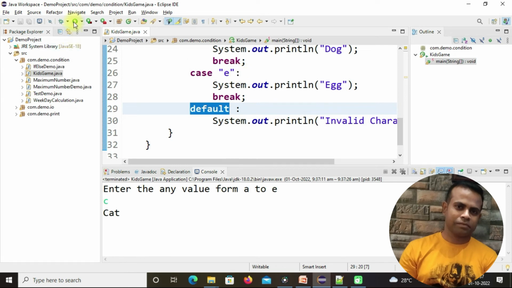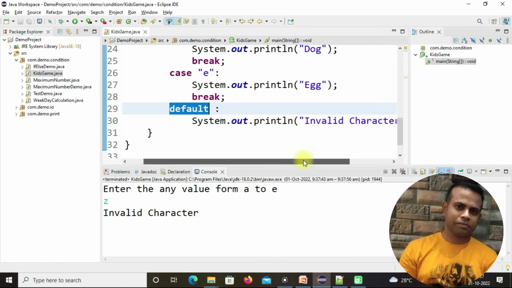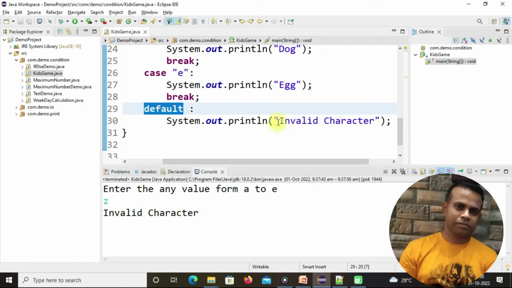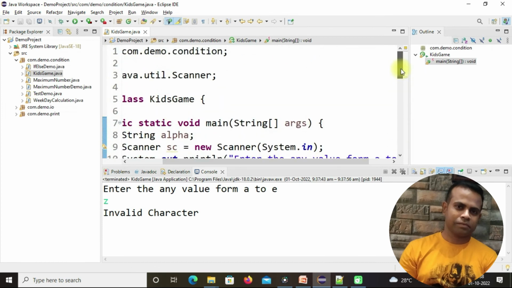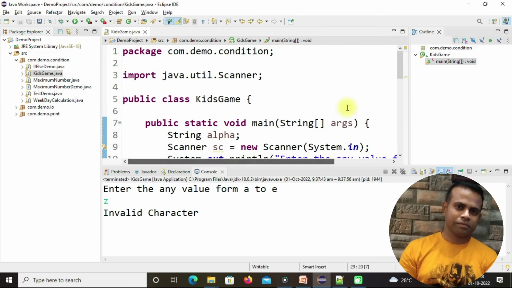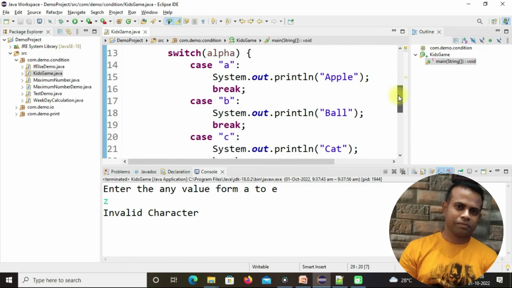So let's run it again and enter a value j. So definitely j is not a b c d e, right? So it will not match any case level and it will go to this default block. And if I enter here, so you can see the statement invalid character which is coming under this default statement. This invalid character is showing here. So this way we can also use the character input, okay, and we can create our logic like this way.